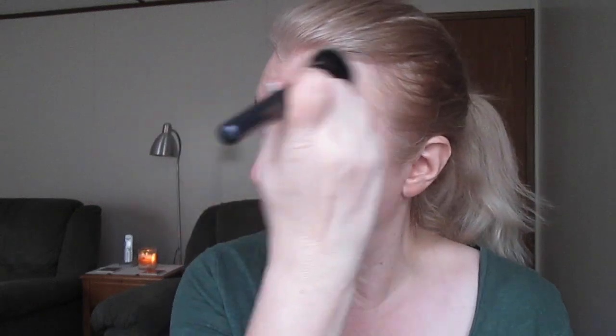Okay, then the next thing I'm going to do is I'm going to take my MAC Studio Fix Powder Foundation in NW20, and that looks like that. And I'm going to use an e.l.f. Studio powder brush, and I'm just going to set everything: the foundation primer, the concealers,